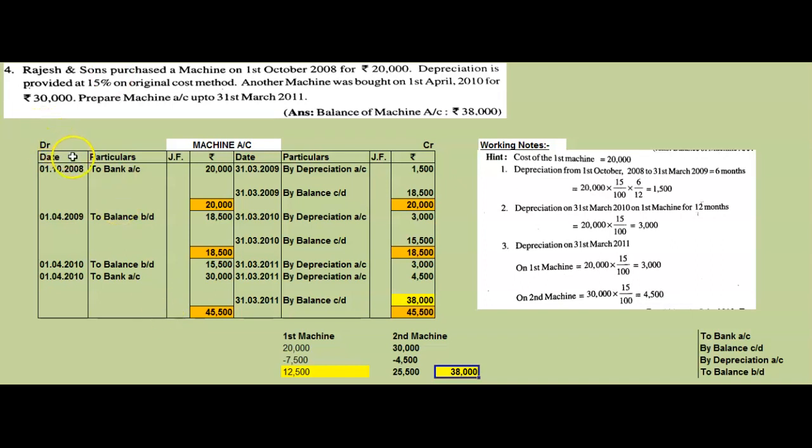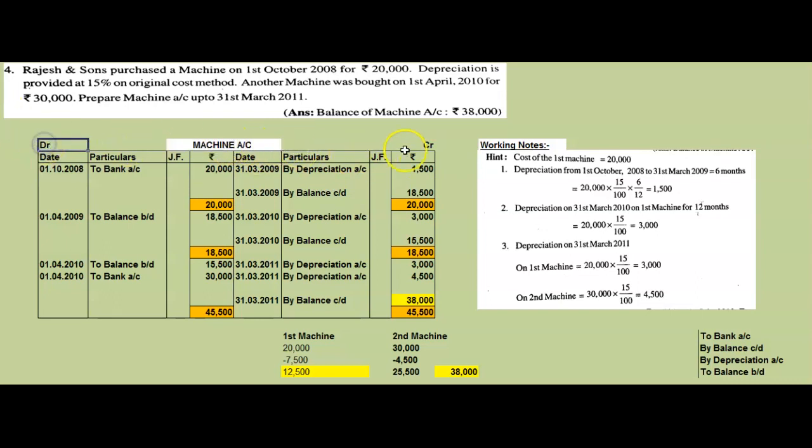I think you understood how to draw the pro forma also. Whenever you do accounts, you have to use the scale and pencil. Many students make that mistake and lose marks. They don't draw the pro forma while doing the machine account. Without the pro forma, the examiner will not understand whether it is a machine account or any statement, because a machine account should be in the pro forma of a ledger. So what is the pro forma of a ledger? We have a date column, particulars column, JF column, and amount column. The heading, the title of the account, is machine account.